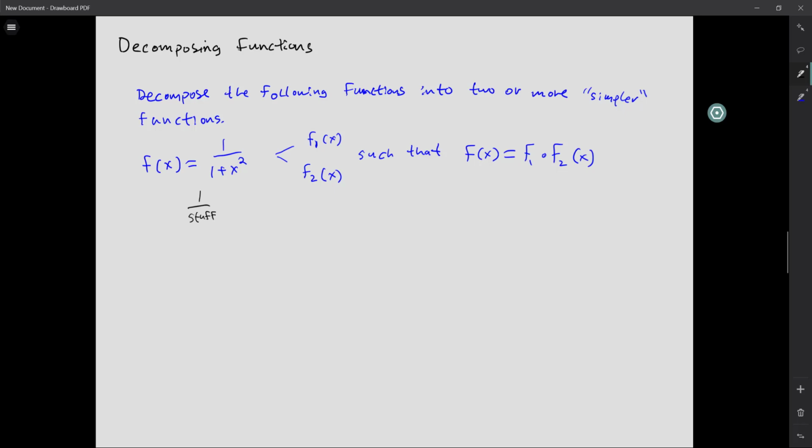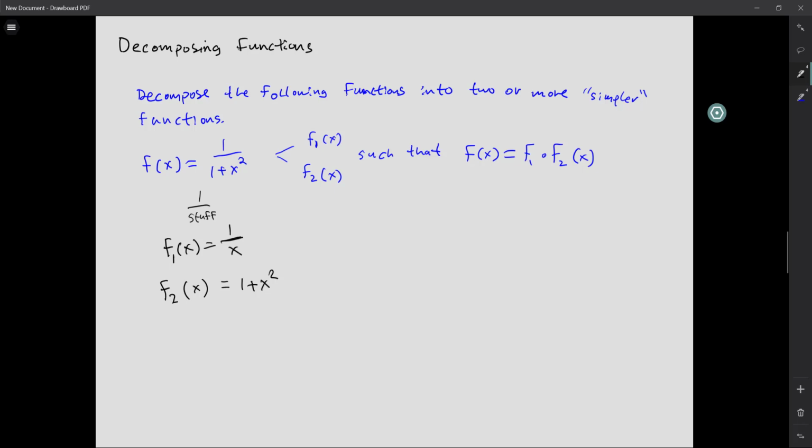That could be a function. So we'll say f of x is equal to 1 over x. And then I replace x with stuff, and I'll get my original function. So let me label this correctly. Say f1 of x is 1 over x. Then f2 of x is going to be whatever's inside of this form here. And inside of this form is the function 1 plus x squared. So I have 1 plus x squared in the denominator